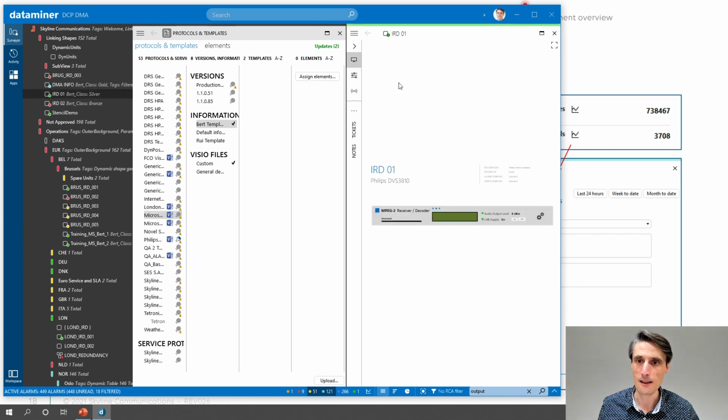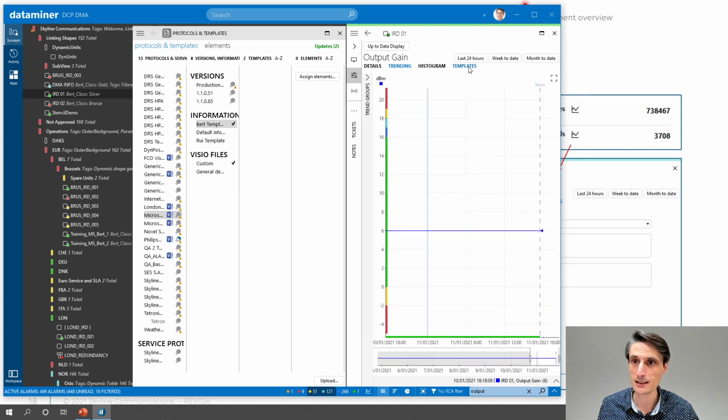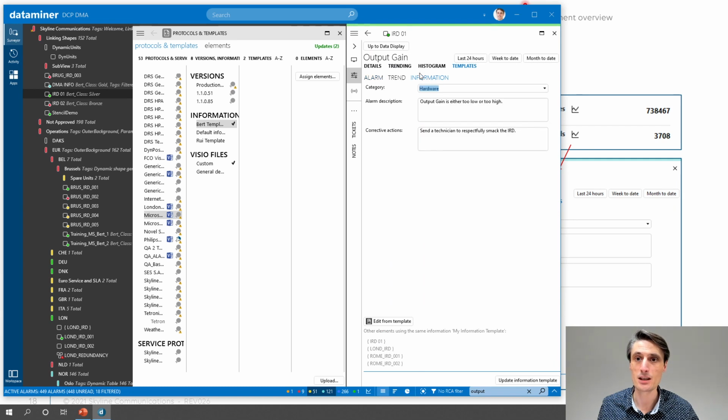And let me close that one. If I'm not happy with that smacking of the IRD, which is maybe not so nice, let's go to the output gain, the templates, the information template. So I double clicked on the parameter, basically going down into the audio output gain, going to the templates page, going to the information, and here we can actually rephrase that with respectfully restart, or just to restart the IRD, update the information template, and now we have again a nice